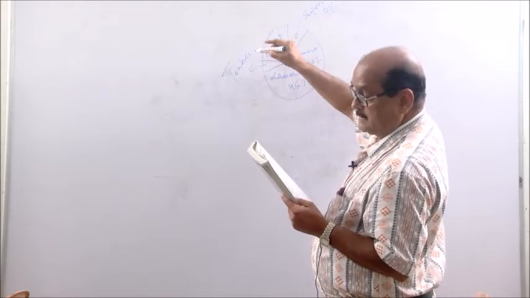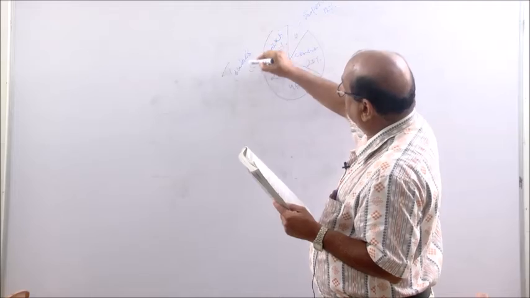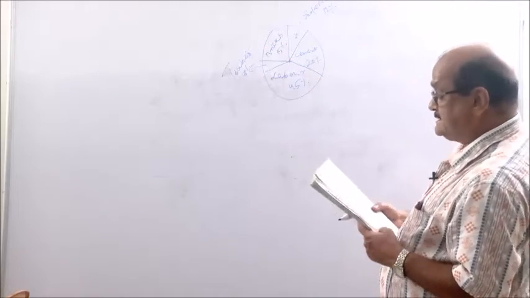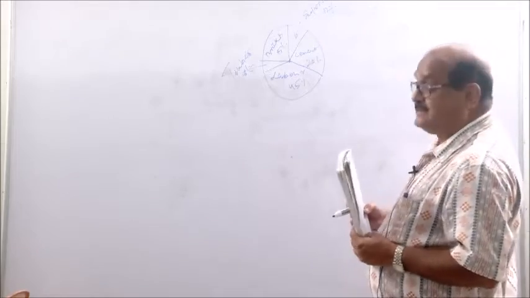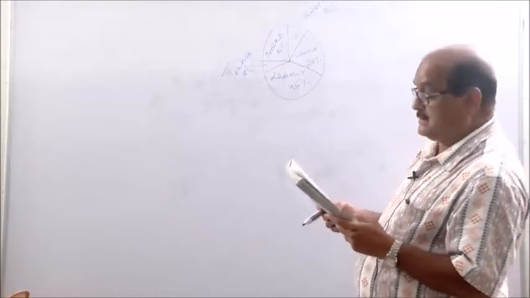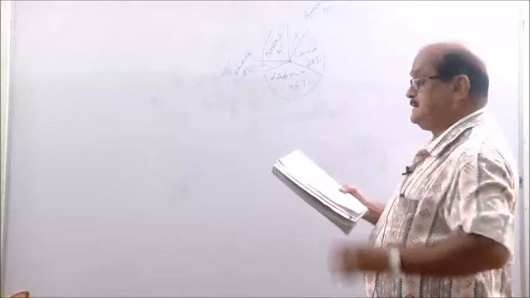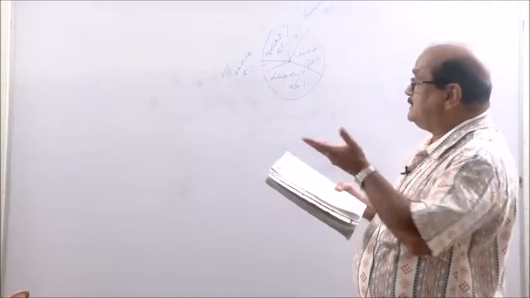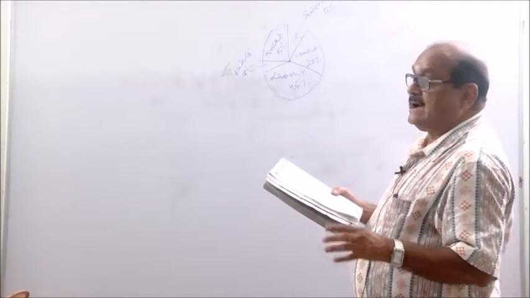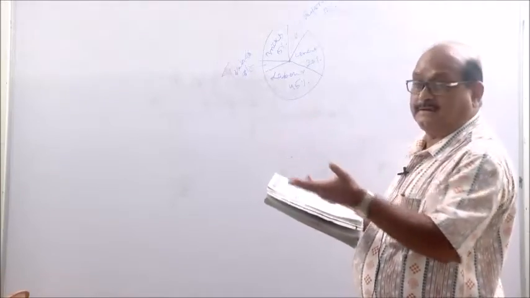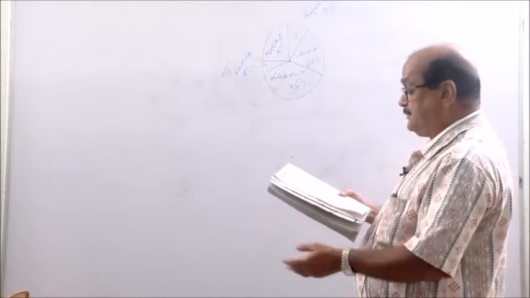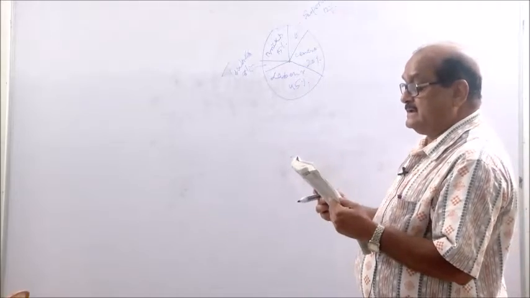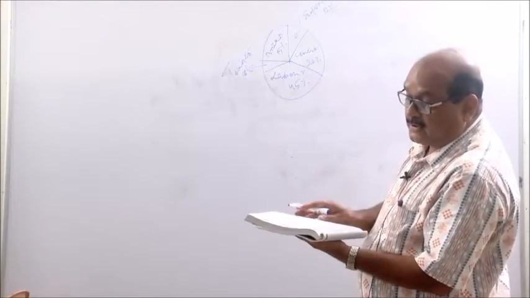Timber, 8%. We use bricks, we use cement, and also we employ the laborers, mistri, majdoor, all these people to do the work of construction, and also timber, to make the doors and windows using the wood. This is the pie chart speaking about the cost of construction.